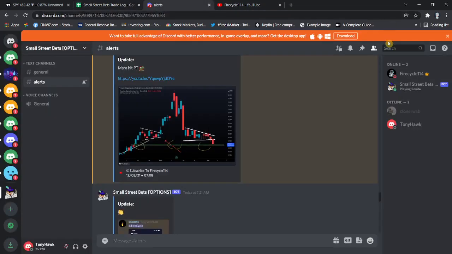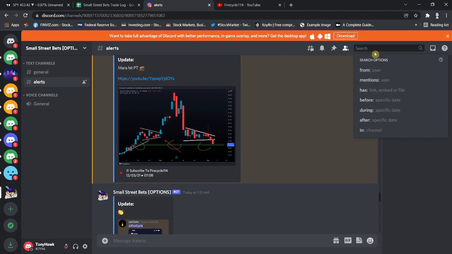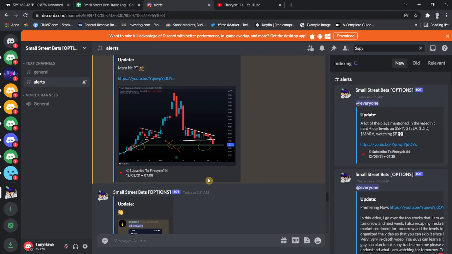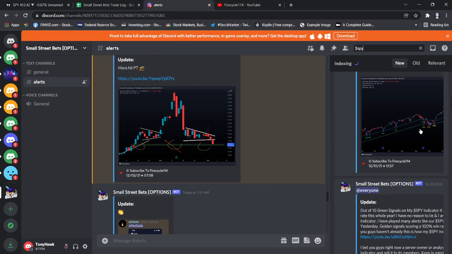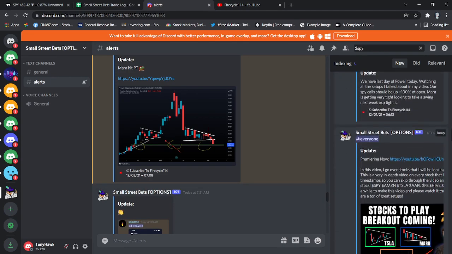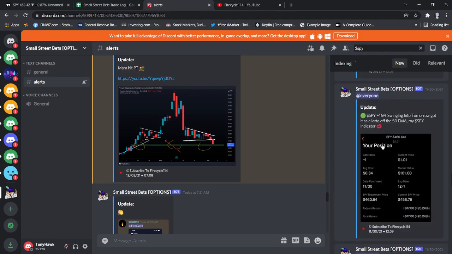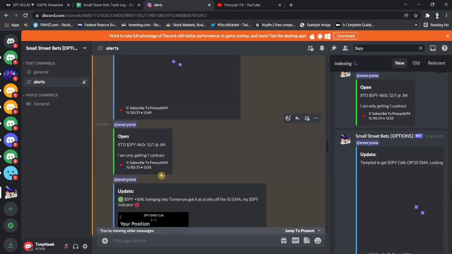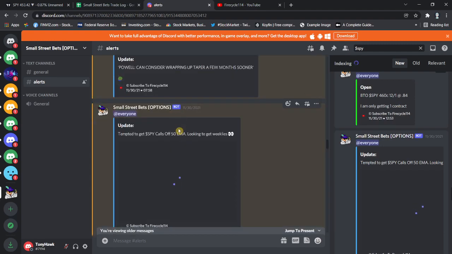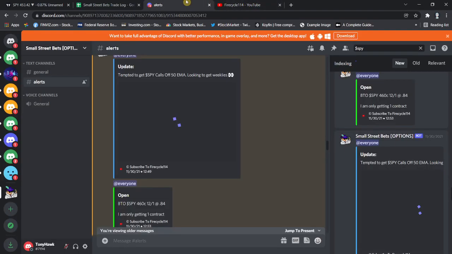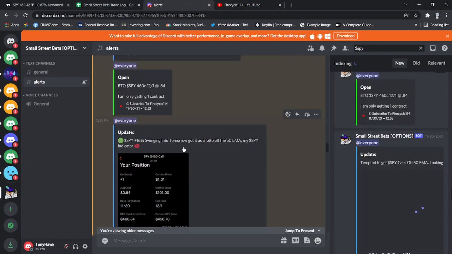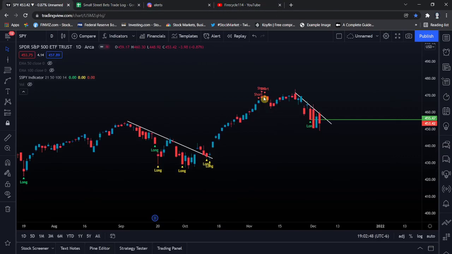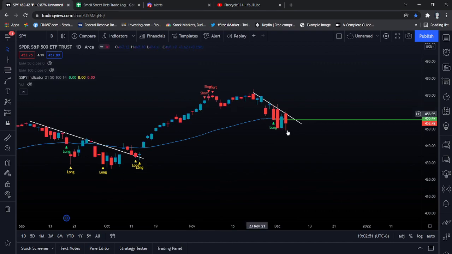The first alert was on SPY, so I'm going to search SPY in a test Discord. I don't actually have a Discord, but here you guys can see, let's scroll up, on November 30th, this was on the watch list. It was on the weekly watch list, but anyways, we bought off SPY with our indicator, which was the 50